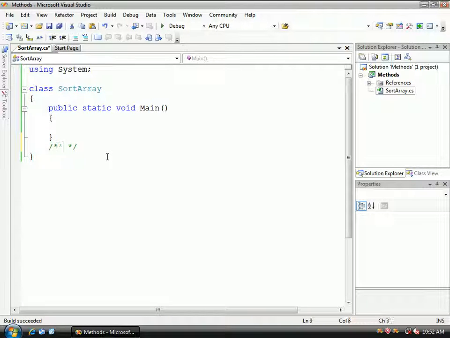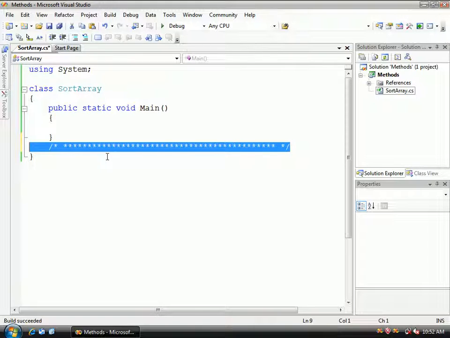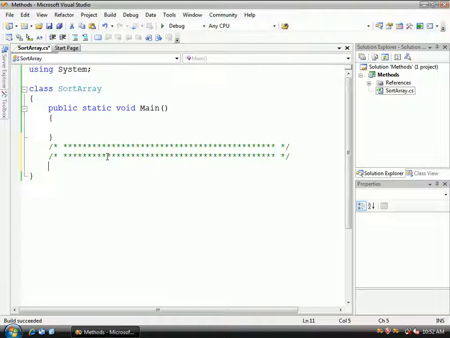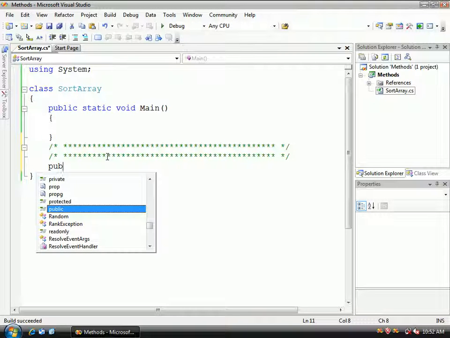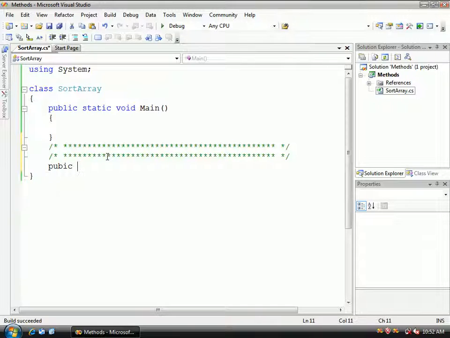Let's create some separators, just a line of asterisks, so we can have a break between our functions, because this can get pretty messy. And I'm sorry I say functions, but I mean methods. I apologize. So this method is going to be public, because we want to make sure that everybody can have access to it. So the main function can access this directly. If it was private, then other functions would have to access it for the main function. So we're just going to call this public, and this is going to be a void function, and it's going to be LoadArray, and we're going to take an integer array,